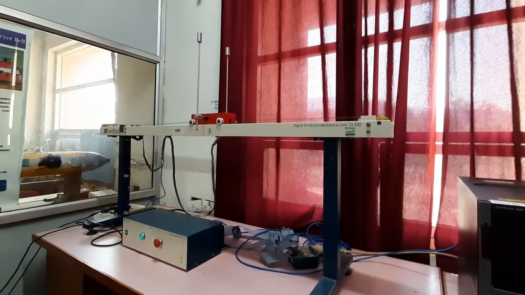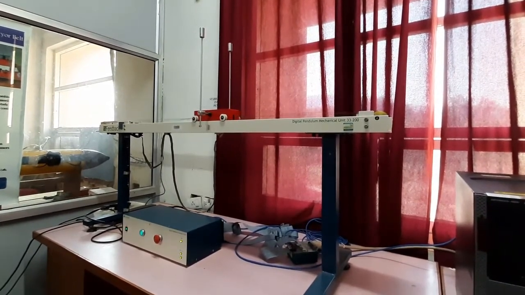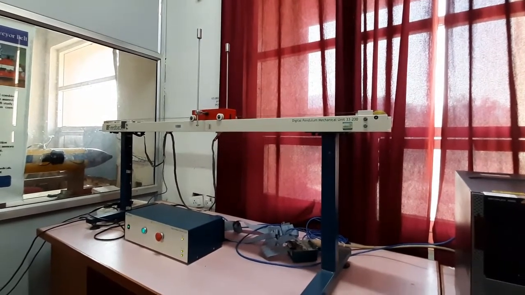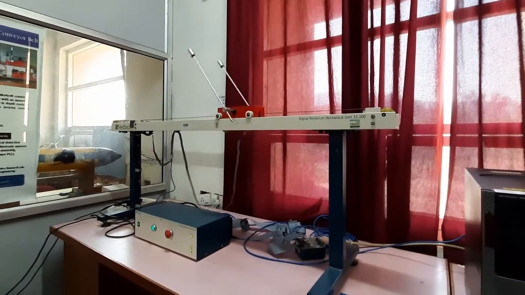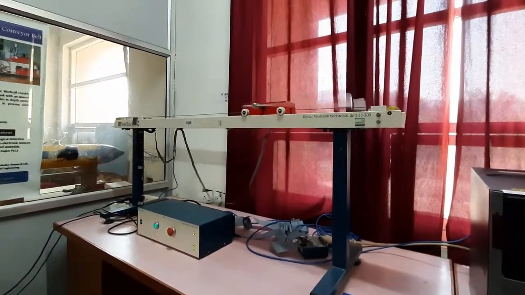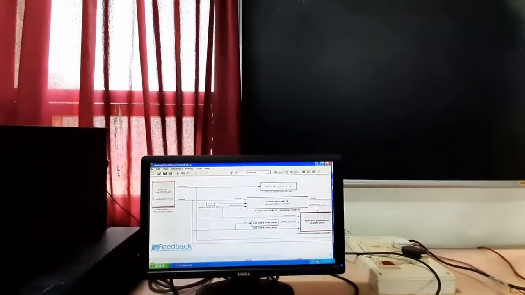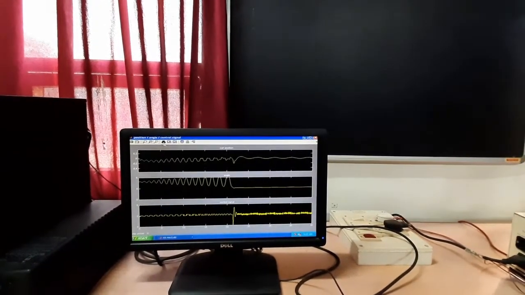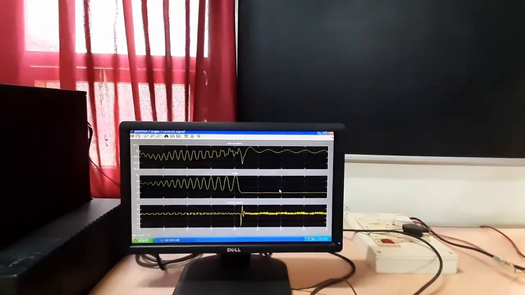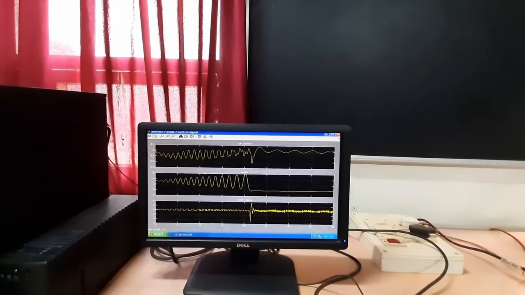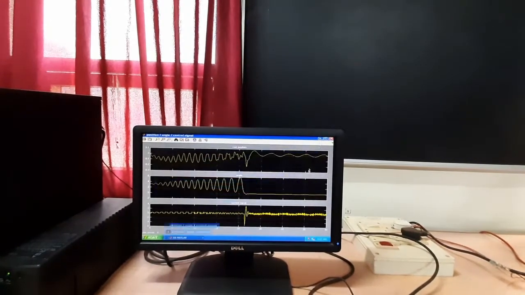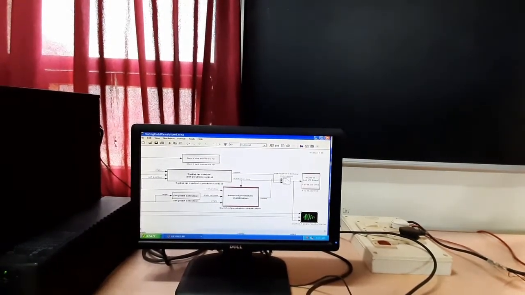We can see in this part, after applying the PID values, this cart is stable, more stable than in our identification process. And this is our response: this is the cart position, angle and control signal for this swing halt pendulum extra.